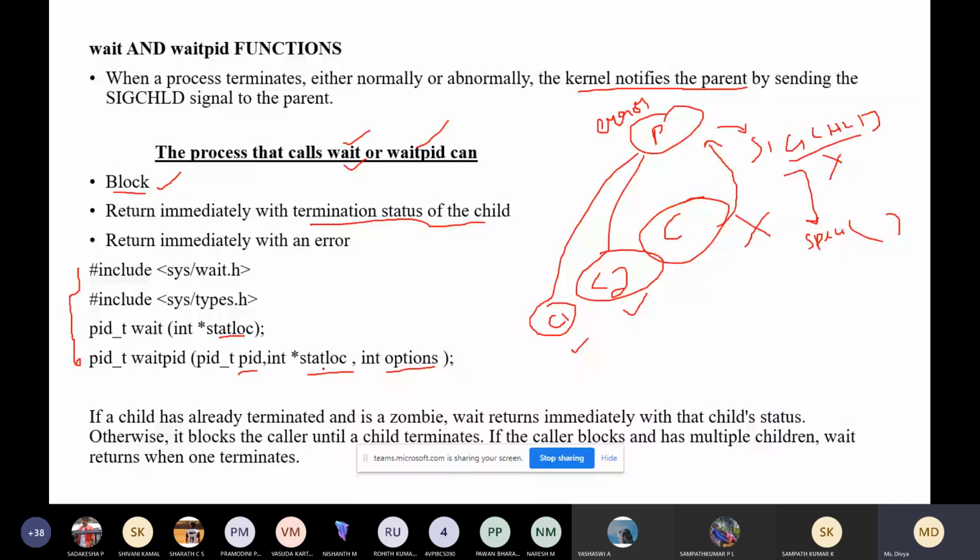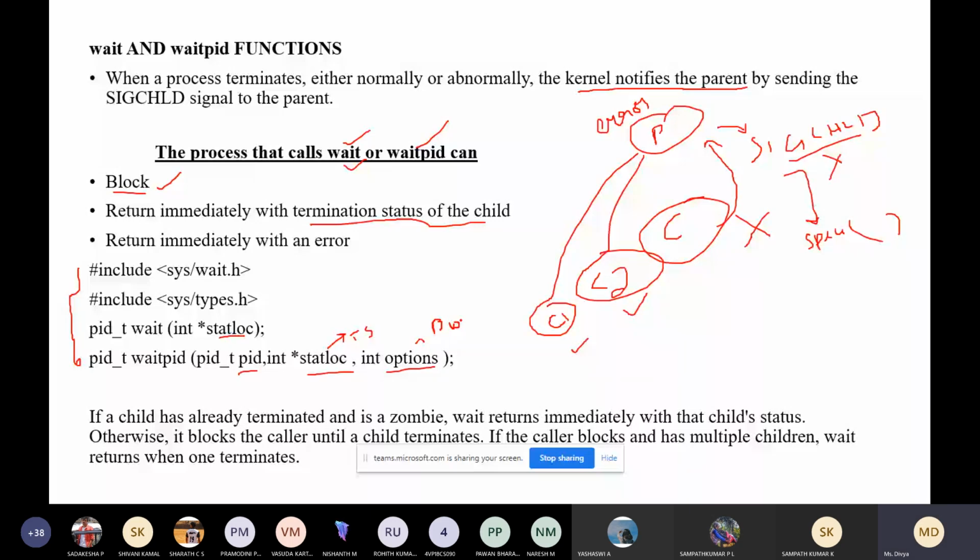These options can also be used for managing blocking, that is, whether you want to block or not.